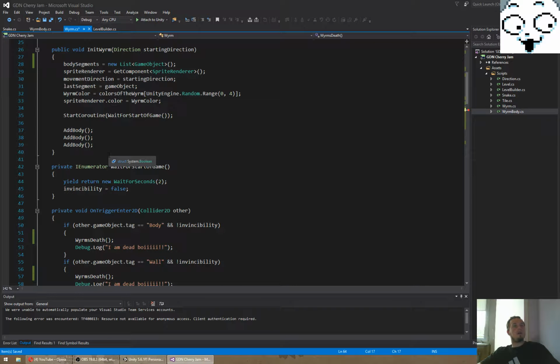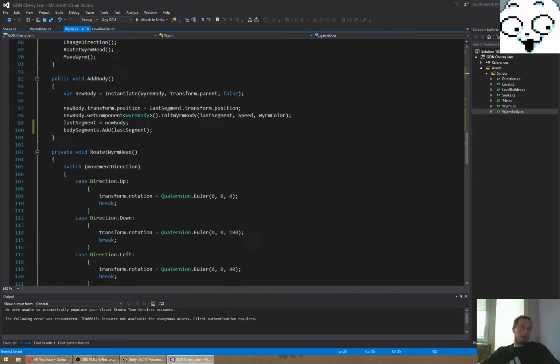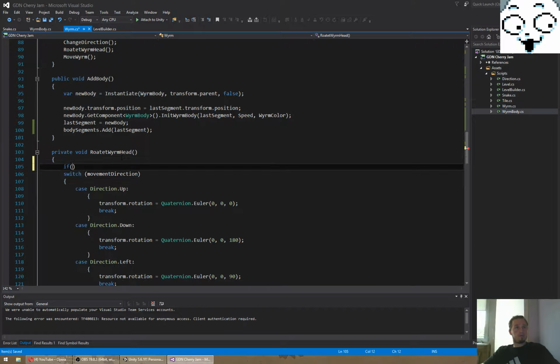And let's define game over here. Private bool game over equals false. And while game over is false, we can move. If not game over,